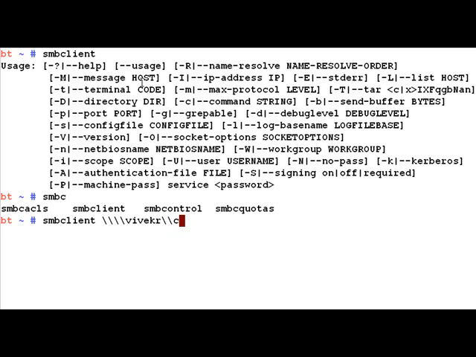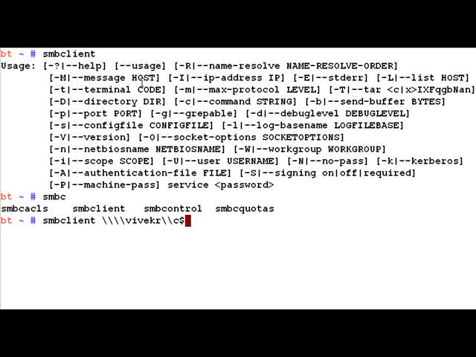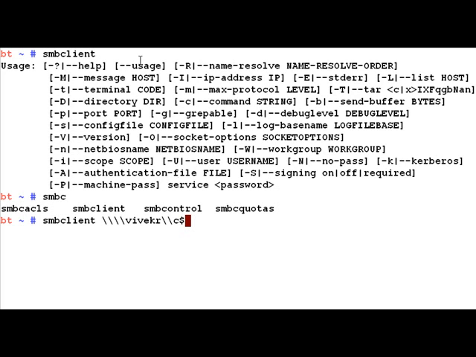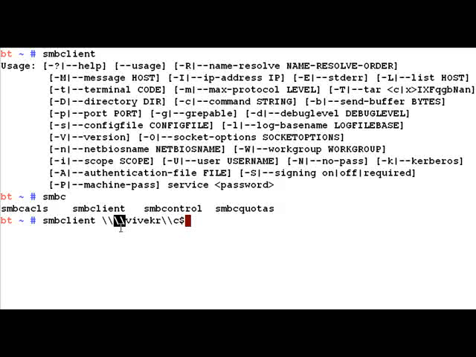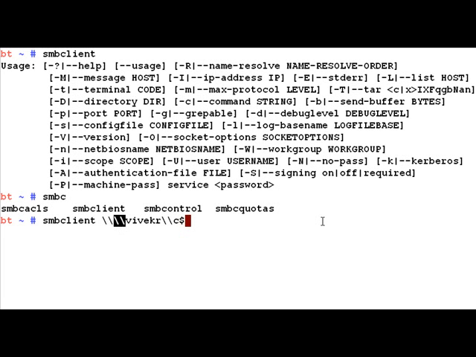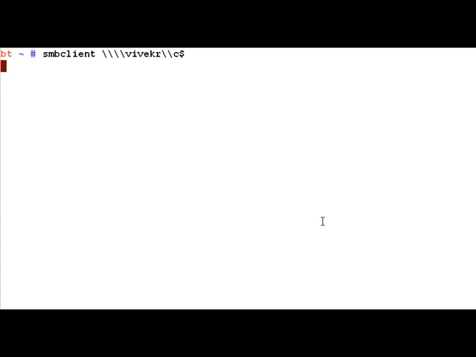So if you do not know already, by default the C$, D$, etc. partitions are shared for various RPC services requirements, so on and so forth, and it's basically of this form. So your entire C drive or your first partition can be accessed using this. One thing to remember is, in general we just use the double slashes. We are using the extra slash with every slash basically as an escape sequence. Now let's go ahead and try and connect to this share and see what happens.